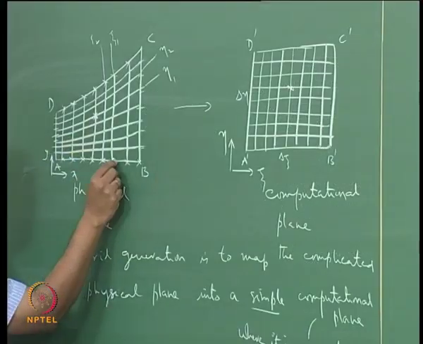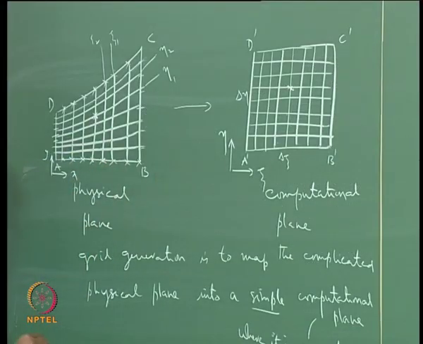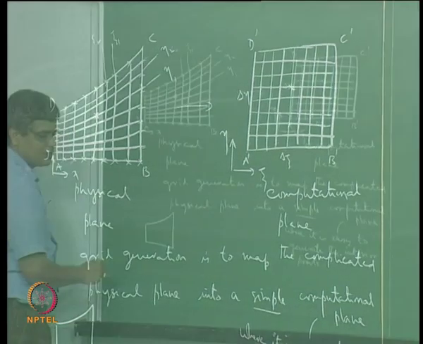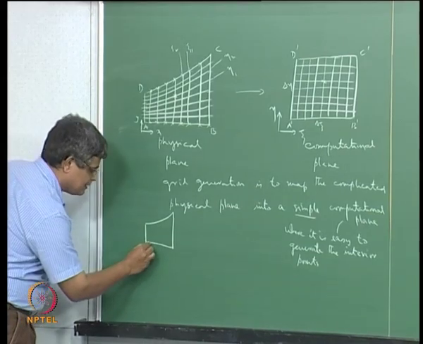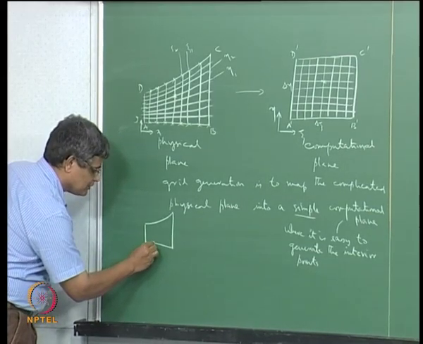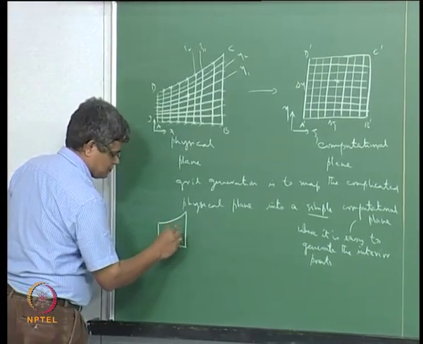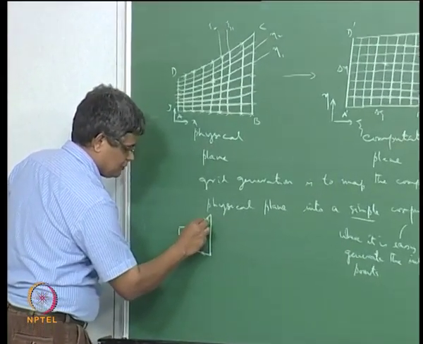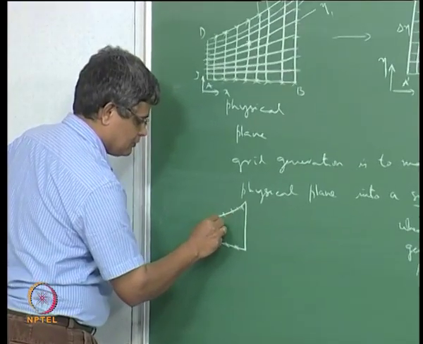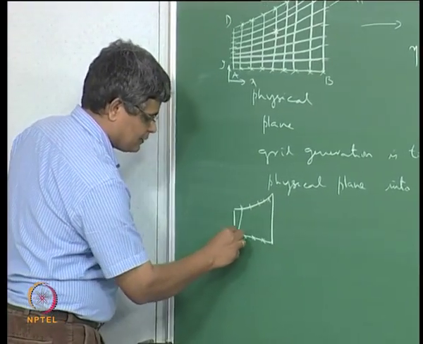Here I have put them as almost equal, but if I feel that there is more variation here, I can put more points here and have a grid which is like this,